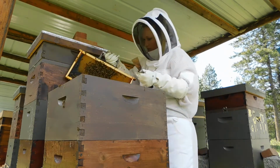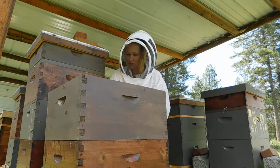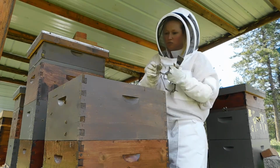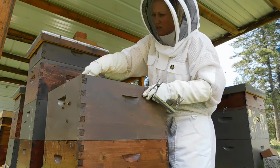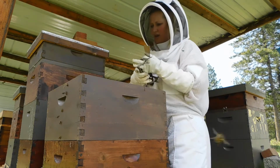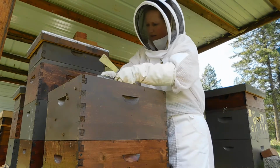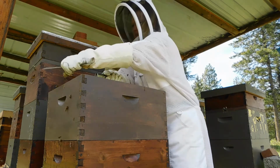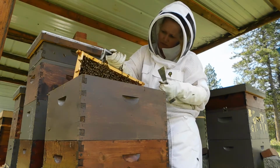We want to see how she's doing. Right now I'm going to set this frame aside real quick so I can get to working on the other frames. And my main concern isn't really the queen cup cells yet. It's mainly just the drones. It's also the health of the hive. It's their numbers. Right now I can only see a couple of bees on a couple of the frames. I don't see them completely full of bees on the top of the frame,